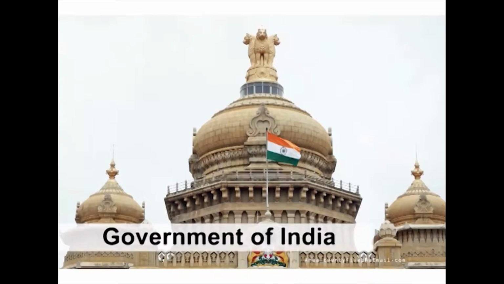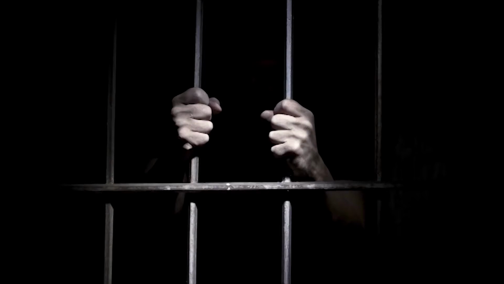So, my dear students, NCRB stands for National Crime Records Bureau, which is attached with the Ministry of Home Affairs, Government of India. In the year 1968, it was established with a rationale to empower Indian police to enforce law effectively with criminal intelligence as well as information technology solutions.